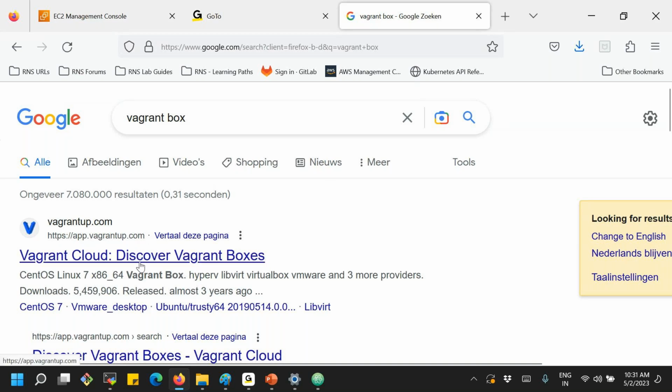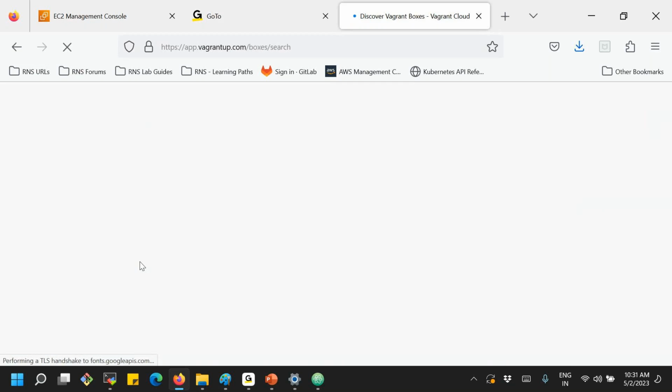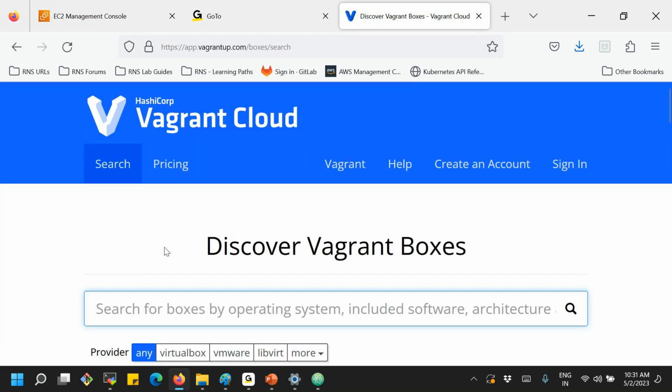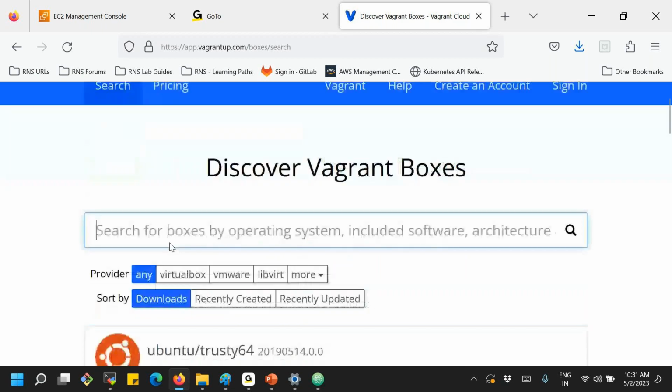Here you can find the ready-made ISO images. You don't need to struggle with 5 GB, 6 GB, 7 GB files. Normally, direct ISO images are approximately 5 GB in size. But if you go for the Vagrant boxes, they are smaller than normal ISO images.